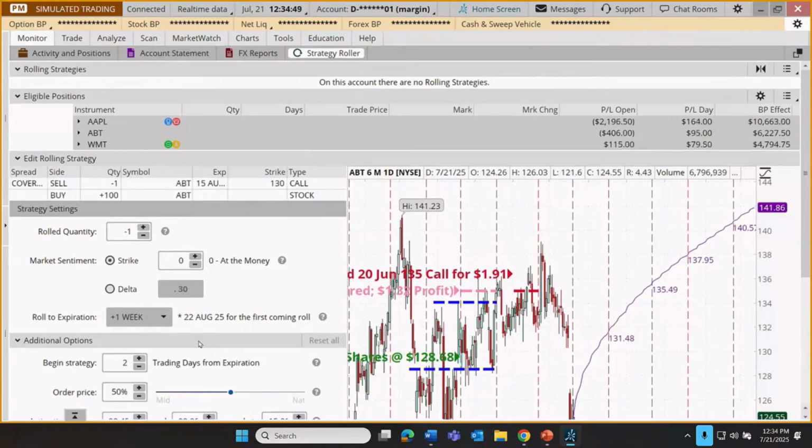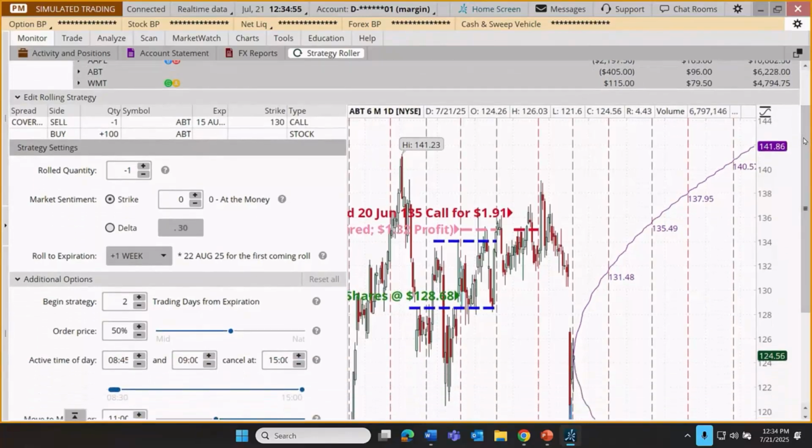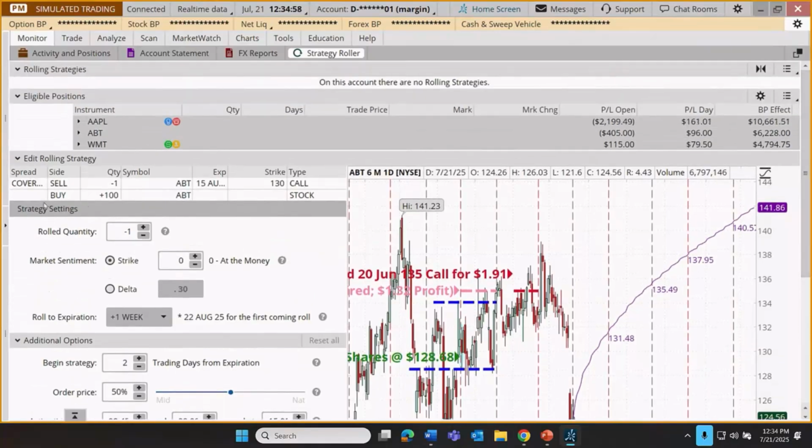All right. So regardless of which way we launch this screen, let's walk through the automation of our rolling on this Abbott position. The first thing it does is show us our existing position. We own the stock and we're short a call. Down below that, we can tell how many contracts we're going to roll. Now, you might think, well, it's one contract, right? Well, not always. Traders sometimes have 200 or 300 or 400 shares, and maybe they only want to roll, let's say they have 400 shares, they only want to roll 2 contracts. They can do that. In this case, we're just going to do -1 for selling 1 new contract.